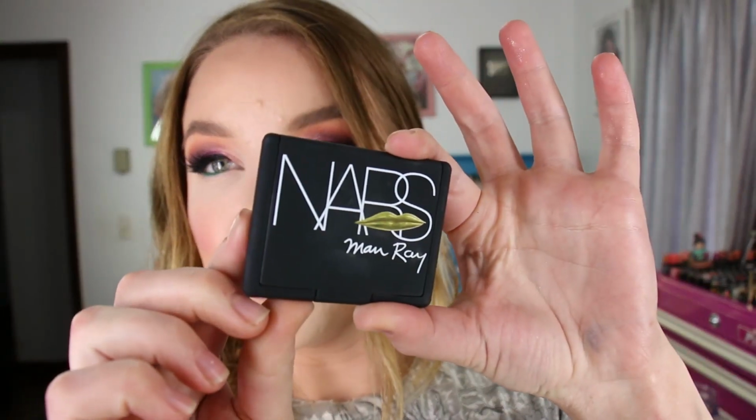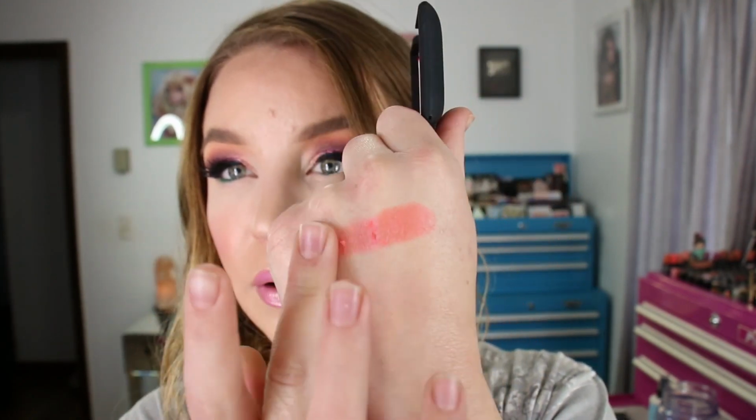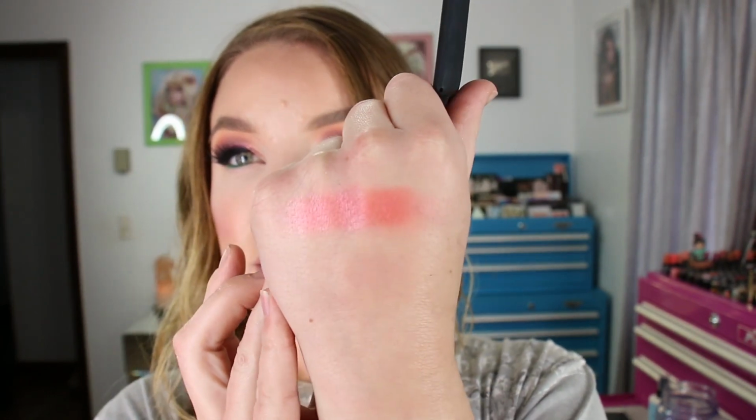This is the Nars Manray blush in the shade Fetishized. It's kind of a hard word to say, but it's one of the Nars blushes. It's got the little lips and it says Manray on there. This has got a sheen to it and it's just a really pretty corally red shade. Very pigmented. I've got to use a pretty light hand when I use this so it's not overbearing, but the shade is really pretty. So that's Nars